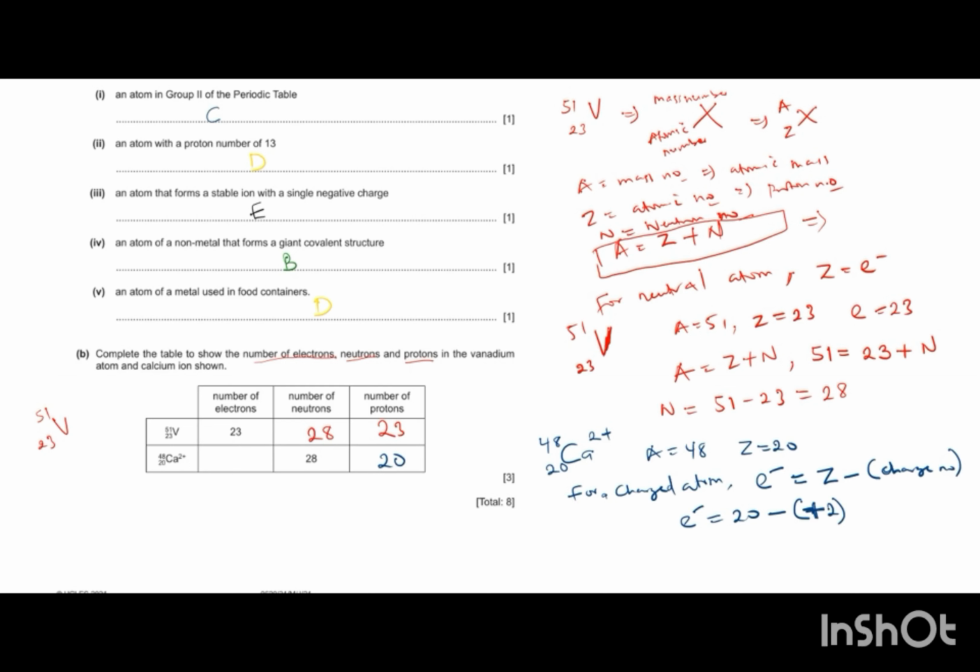So the number of electrons is 18, because it has lost 2 electrons. So that's it. And then if you calculate 40 minus 20, you get